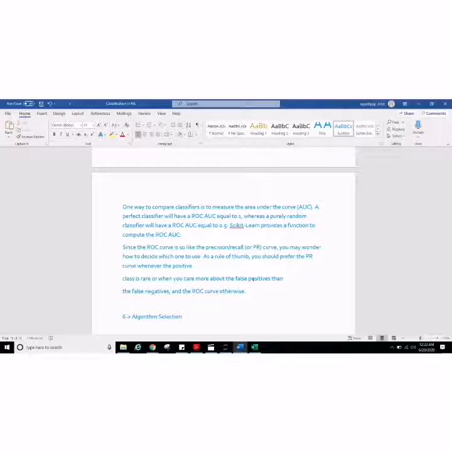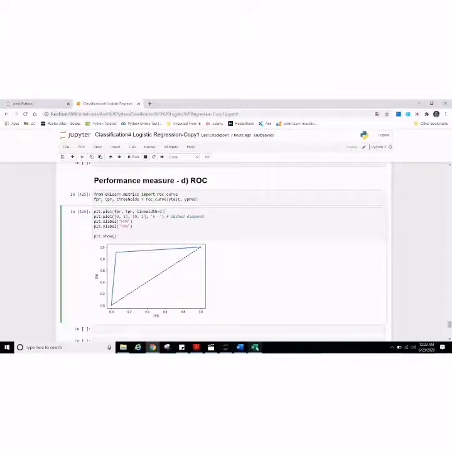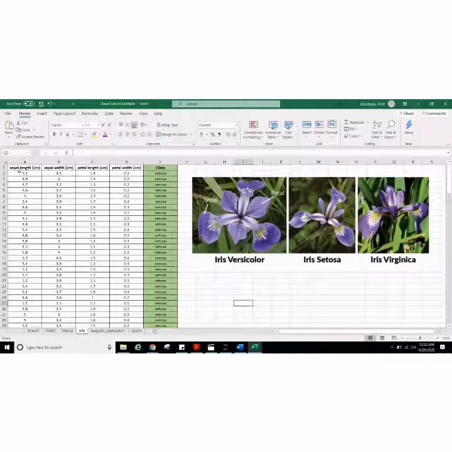Okay, let's jump to the coding part. I'm using the Jupyter IDE, and I'm using the Iris dataset where we have 150 rows and one column for the target. In the target we have three classes: Iris versicolor, Iris setosa, Iris virginica, and we have four features: sepal length, sepal width, petal length, petal width. So you can see sepal and petal. I'm using it as a binary classifier, so I have taken Iris virginica as our target. So let's see the code.